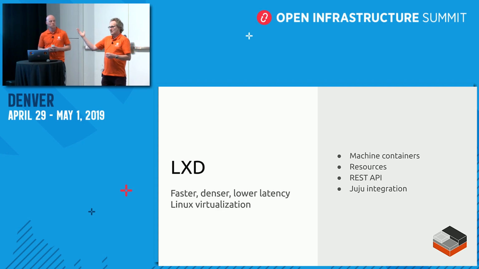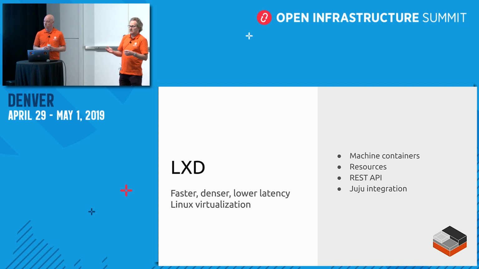So we can take a charm that will work as well on a virtual machine, on physical hardware, or in a LXD container, and we can write it in exactly the same way, use the same terminal, for all three of those use cases. So what LXD allows us to do in the context of an OpenStack charms deployment is pack all the control plane services onto the same hardware that's hosting hypervisors or storage. So the Nova control plane, the Neutron control plane, the Glance control plane can all sit in containers on the